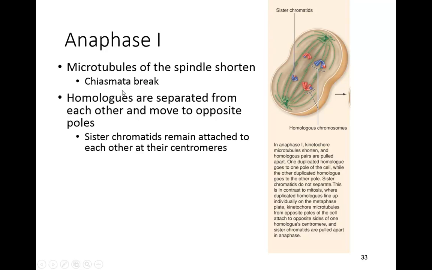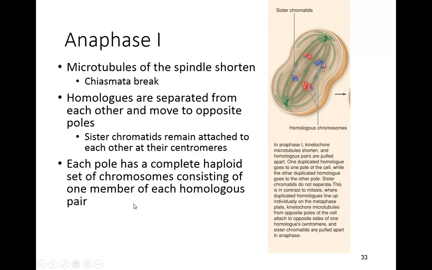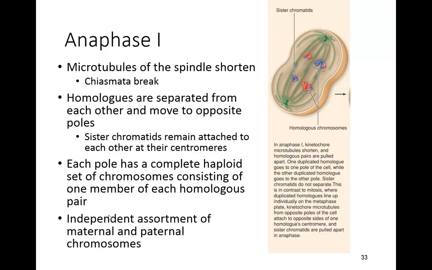The chiasmata break, okay, so they're no longer held together. Homologs are separated from each other, move to opposite ends of the pole, and then they remain attached at their centromeres. And now each pole has a haploid number of chromosomes with a homologous pair. Okay, and they are independently assorted then to opposite ends of the pole, and now you